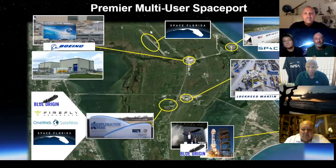Here in the upper center, what used to be the shuttle landing facility is now operated by Space Florida, a state agency, and they call it the Launch and Landing Facility, hopefully bringing horizontal launches and landing to the Kennedy Space Center. Next, you see SpaceX, a picture of Launch Complex 39B. That's where they launched their Falcon commercial missions from the NASA side. They also have a pad, Launch Complex 40 on Cape Canaveral Air Force Station, but this is the pad where we launched the Commercial Crew mission. Same pad that we launched multiple space shuttle missions, as well as Apollo, where we went to the moon, came